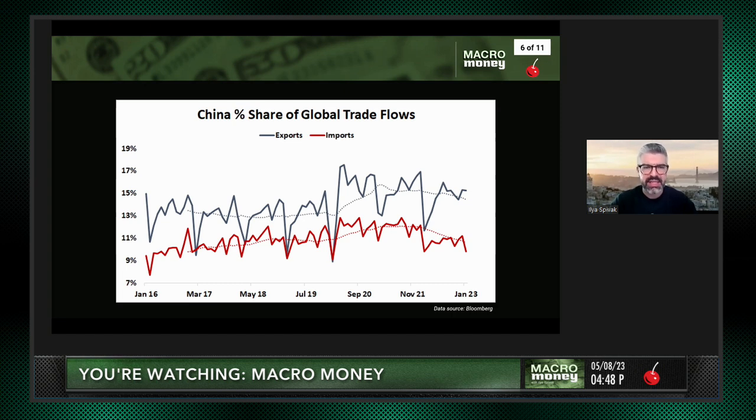And so you can see here very clearly that the world's largest economy is primarily dependent on external demand for growth, because its share of global exports is so much greater than its share of global imports. It's essentially one way of saying what the world's second largest economy is primarily powered by is not domestic demand, imports,